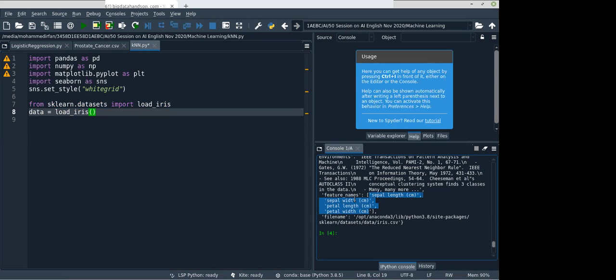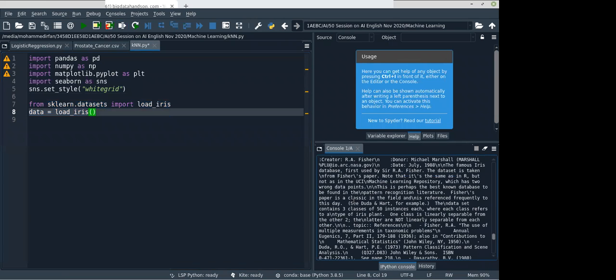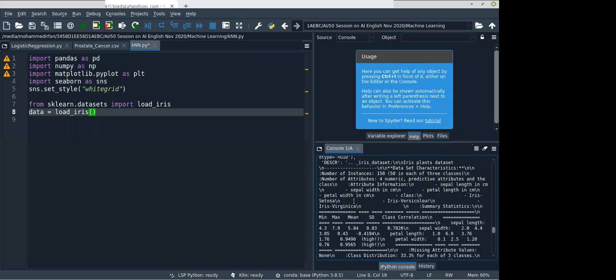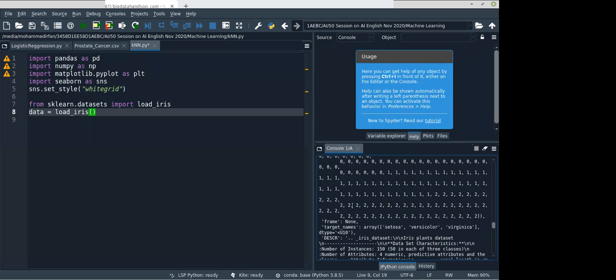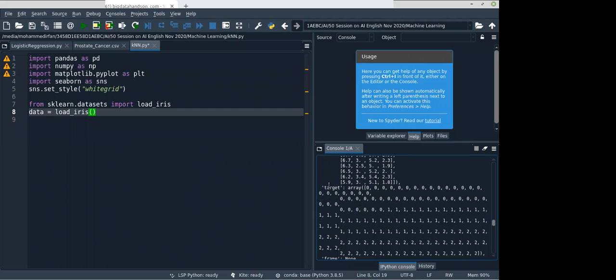Okay, and we'll have a target parameter. The target is what we are going to predict. For example, 0 will be a category, maybe setosa, 1 belongs to versicolor, and 2 belongs to virginica.